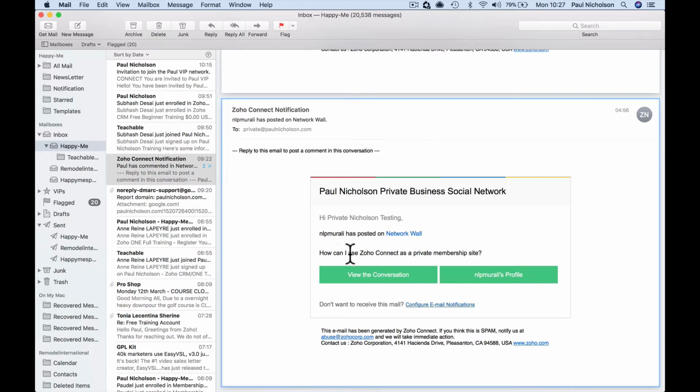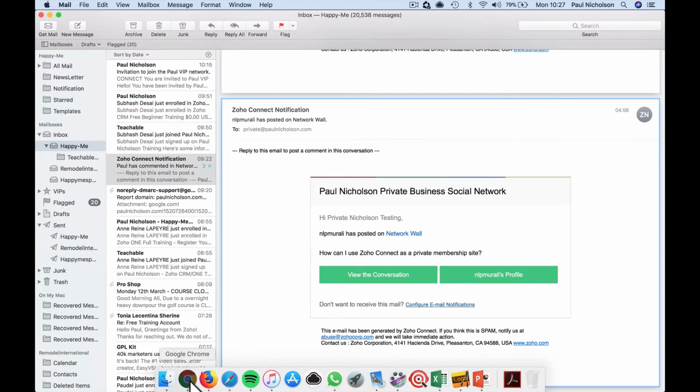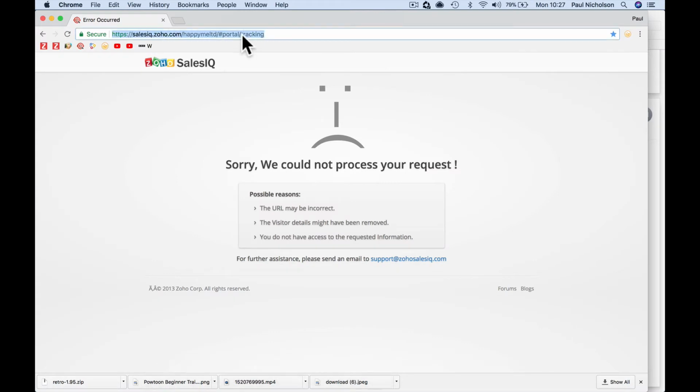Now, I think what you're asking is how can I automate it all? Because to create a private membership site, you just create your own forum and invite people to it. But I think what you're really asking is how do I set it up so it does it automatically, a little bit like I do it. So I'll show you how I do it. If I go to my website,